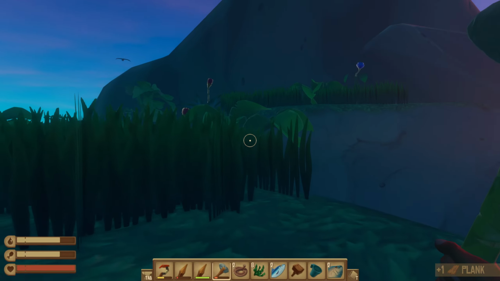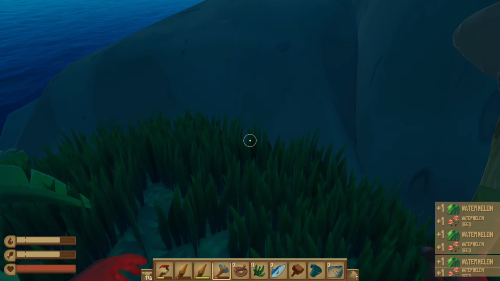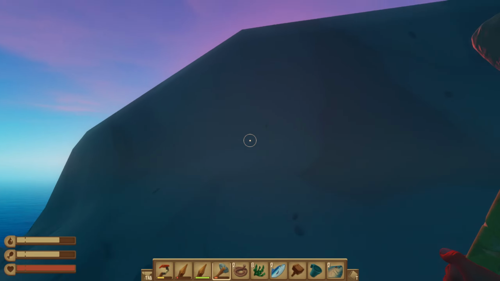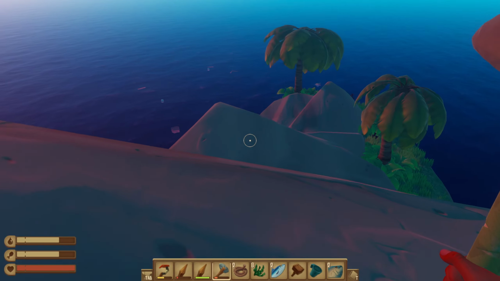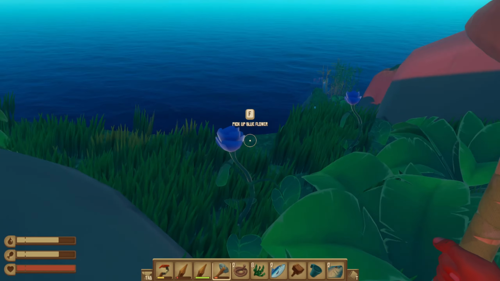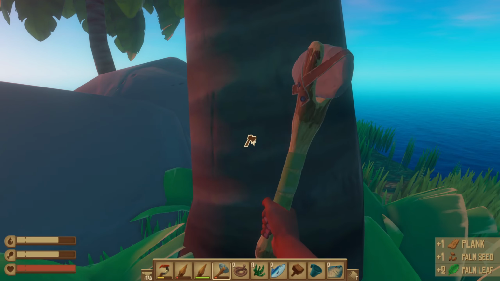Can I climb up this? Oh, I can. Nice. I got watermelon. So I'm just going to drop the seeds again. I can't actually plant them yet until I make a crop plot, and I don't really have the extra resources to do that just yet. I will want to make one kind of soon because it's just a great renewable resource, but for now, I'm just going to want to save the inventory space, so